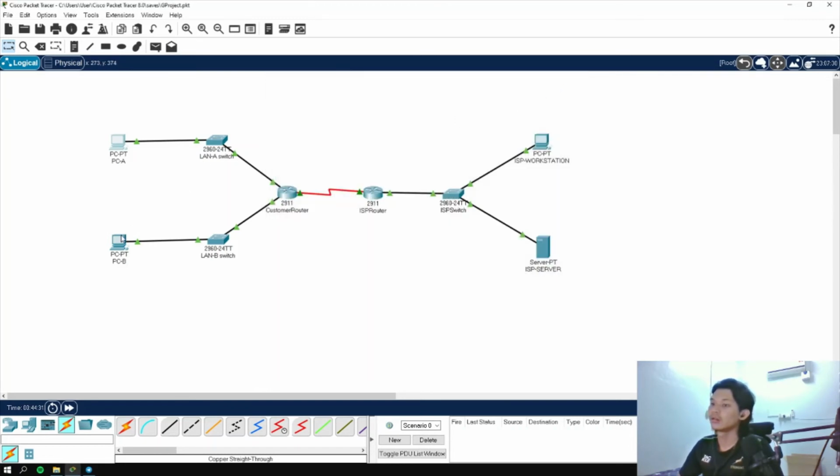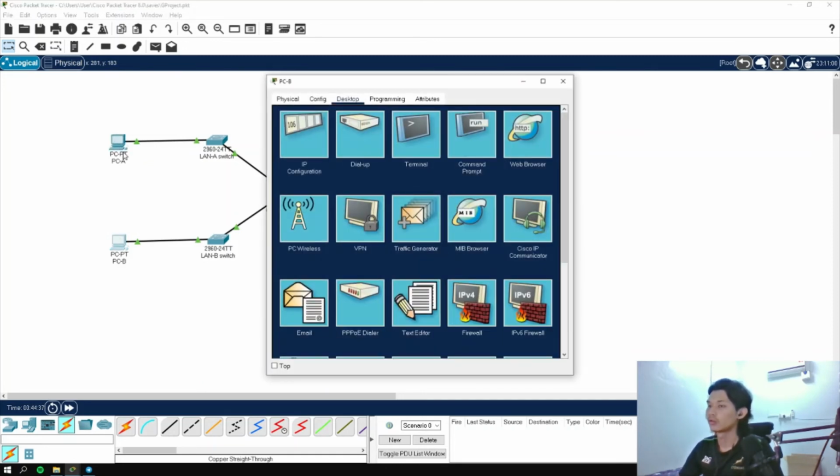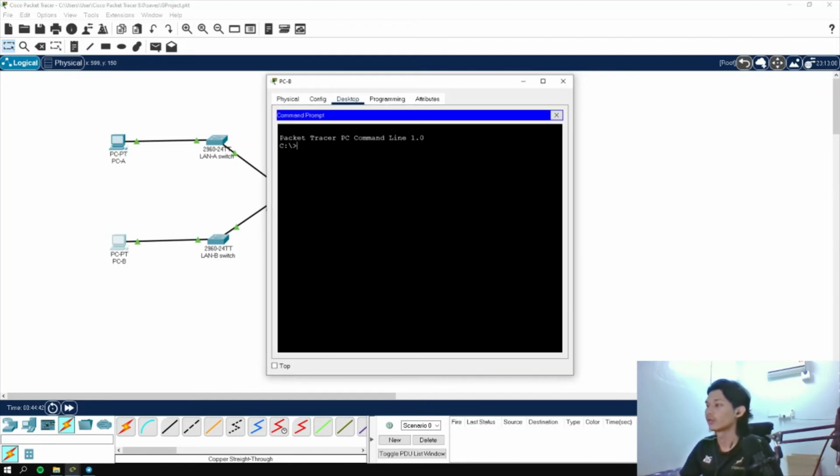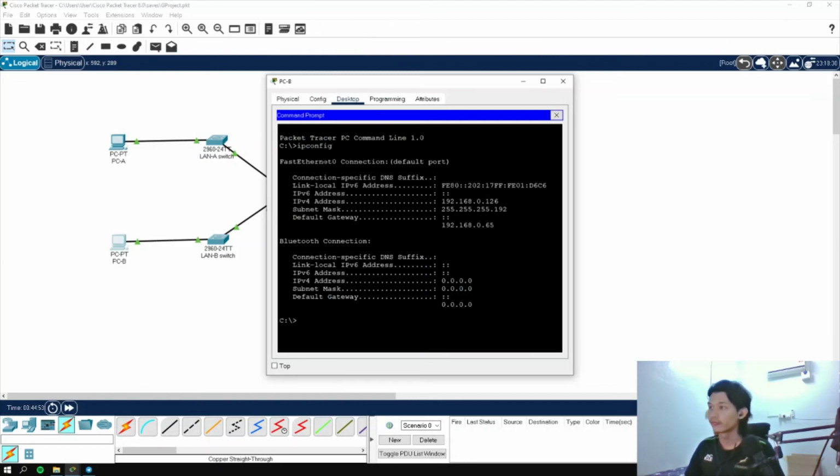Okay, now what I need to show you is how you want to pop up that thing. I will use it on the PCB. First, you need to run ipconfig. And it shows you the IPv4 address 192.168.0.126,